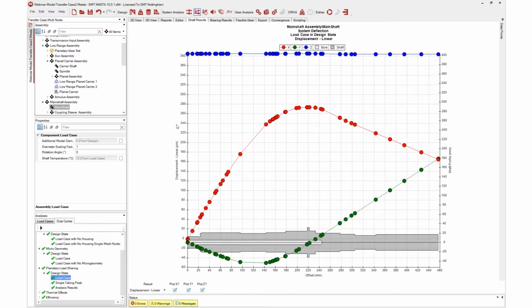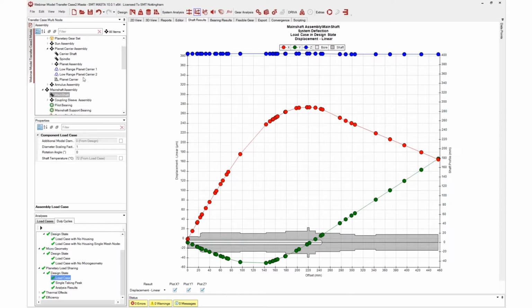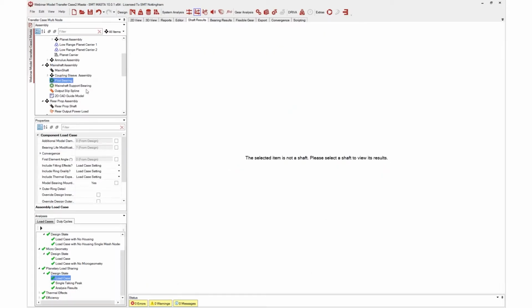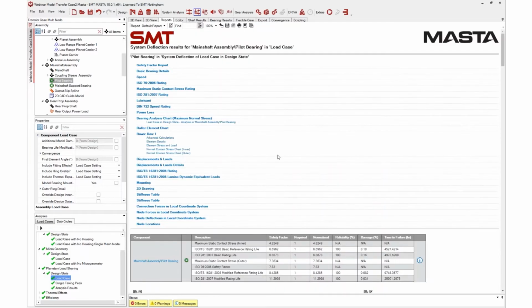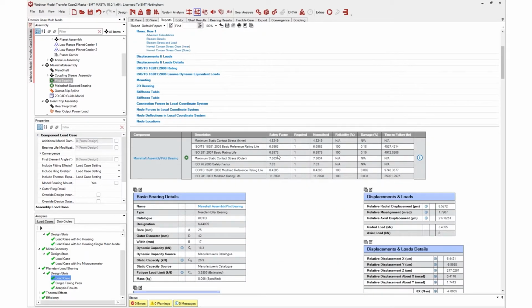Now that pretty much covers the shaft. There's many ways that you can view your results there, and now we can move on to the bearings, where there's a bit more involved with this. So for the bearings, it works in a very similar way to the gears, where we take the standards and we can feed in the results from the MASTA system model,